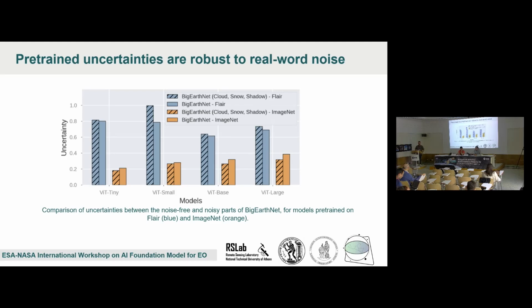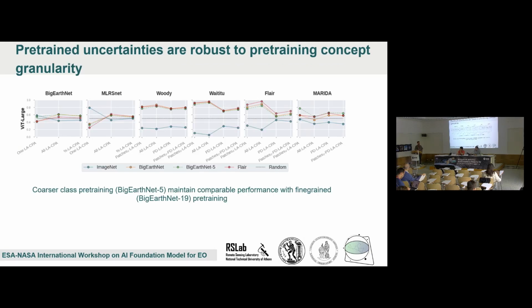with orange on ImageNet. What I want you to take away from here is that after the FLAIR pre-training, we see a drop in the uncertainty when we have the clean dataset, which actually reflects the noise that we expect to have when we have clouds, snow, etc. On the contrary, ImageNet pre-training results in higher uncertainty in the clean dataset than the noisy one, which doesn't really make sense, and it actually reaffirms